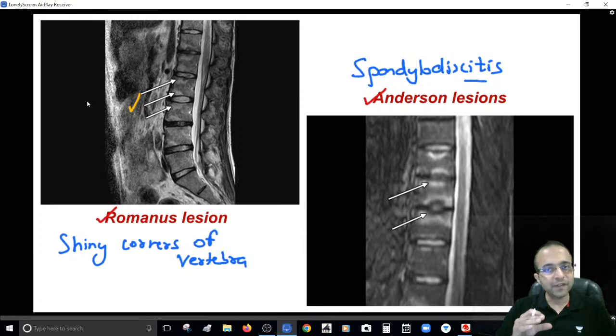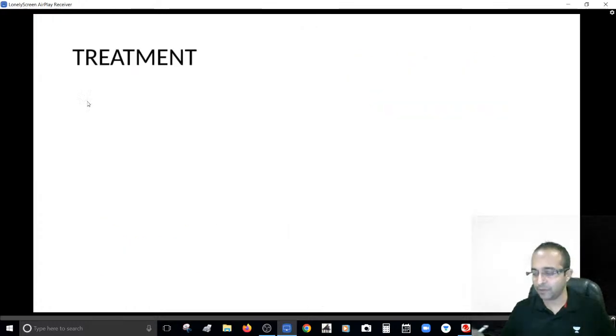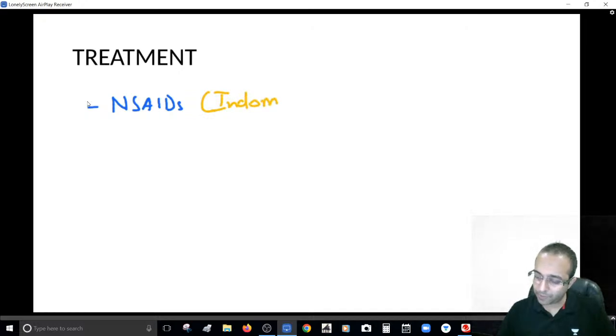So once you see these changes on the MRI, Romanus lesions, Anderson lesions, this is where you know this is ankylosing spondylitis. And when it is ankylosing spondylitis, the first line of choice you have are NSAIDs. In the NSAIDs, indomethacin is the preferred NSAID. This is with which you can start your treatment. If the patient is not responding, you can add on the steroids. And yes,